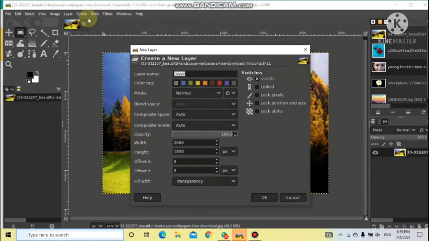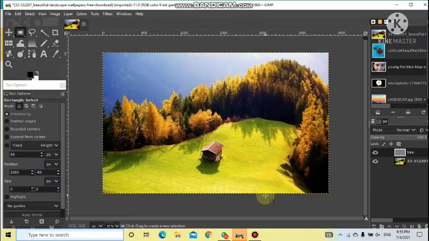The moment you click on new layer, it will show you the name of the layer, the opacity, everything will be shown there. The layer name by default is Layer. Suppose I make this layer name Tree, so it will be Tree. Will it be visible? Cross sign, all those options. This is your lock icon. I'll explain it afterwards also. So click on OK. You can see that a new layer is there.